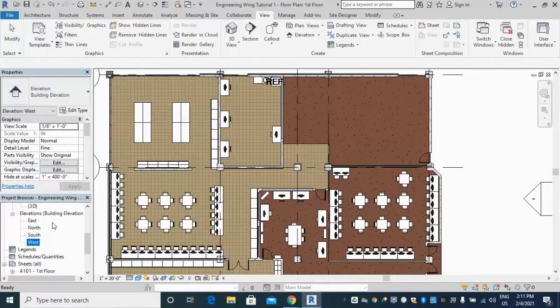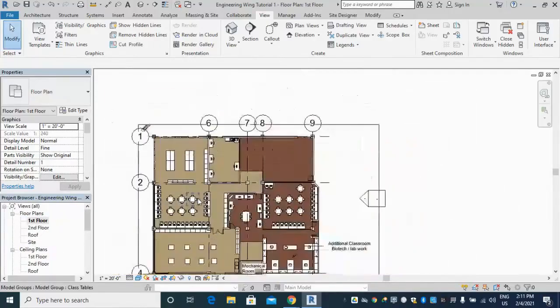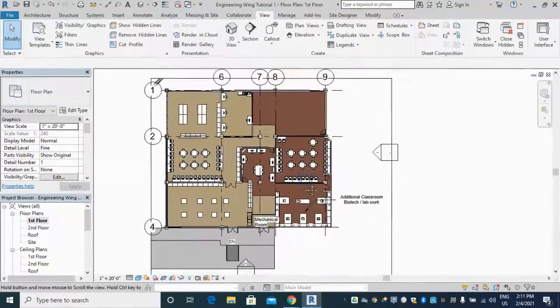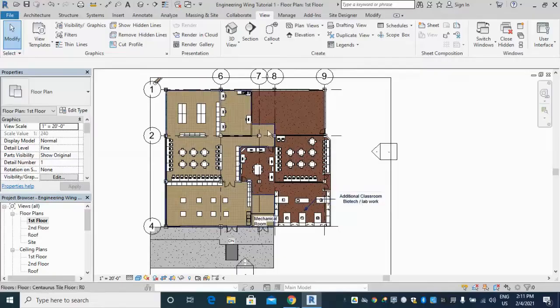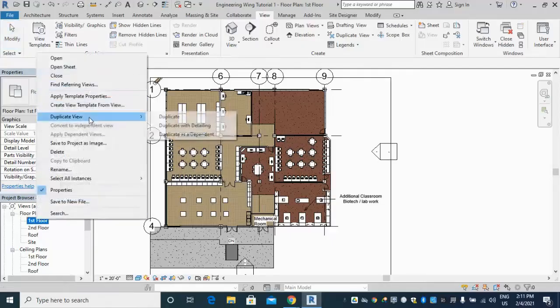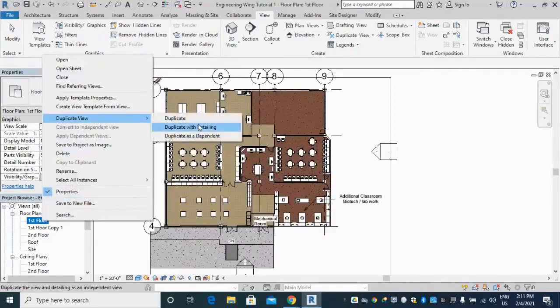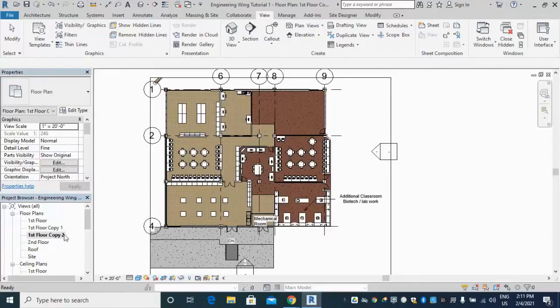I also want to show you how to duplicate views. So if we are in our first floor view, and I'm going to zoom out a little bit so you can see the text here. If I want another view that doesn't have all of this text, maybe I have text all over this floor, but I want another view that just shows the floor plan, I can right click, duplicate view with just the word duplicate, and it creates a duplicate without all of those details. Well, if you want the details, you can right click, duplicate view with detailing,